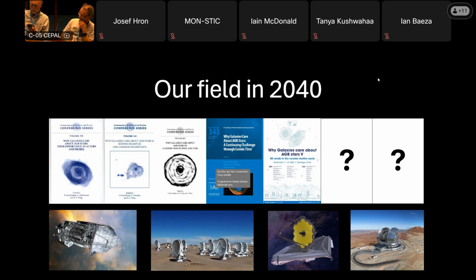If I can add, ANDES will work from the B, but a goal is also to go to the U. It's not possible to go bluer than the U because the telescope is not transmitting, but obviously the blue is important, and ANDES would be the only instrument on the ELT that can go so blue. I'm involved in ANDES, and we are working on this. It's a bit like ESPRESSO, no? It starts from 4,000 or something like that. Yeah, farther blue.